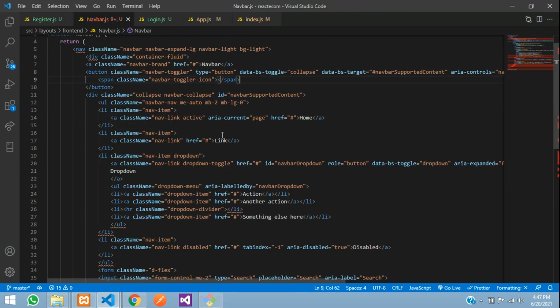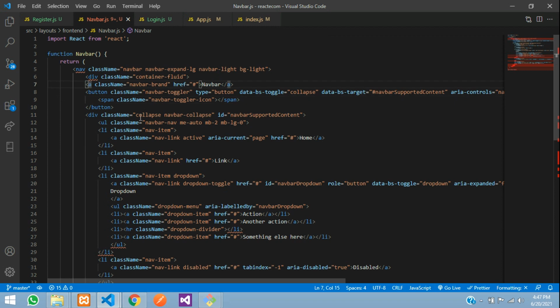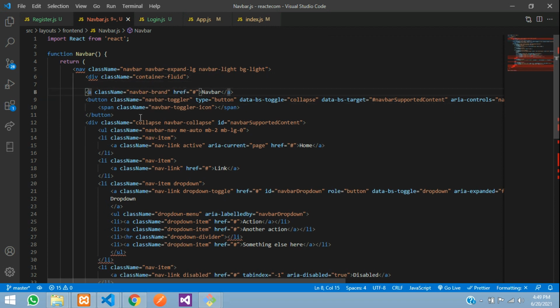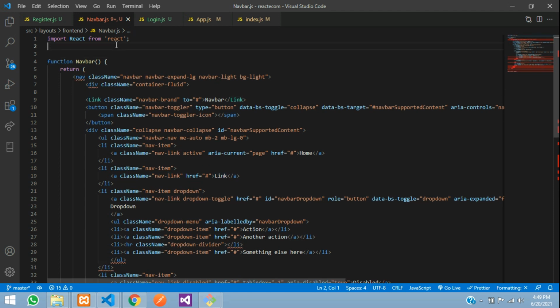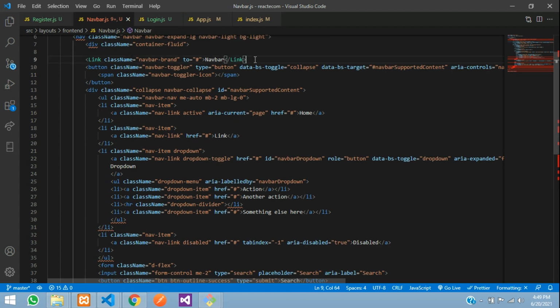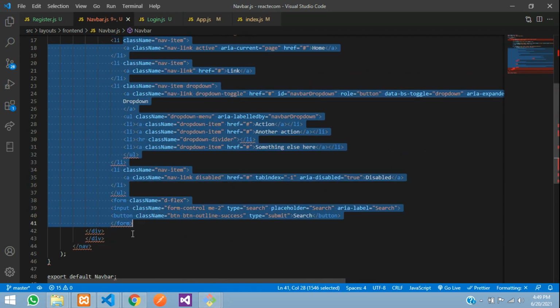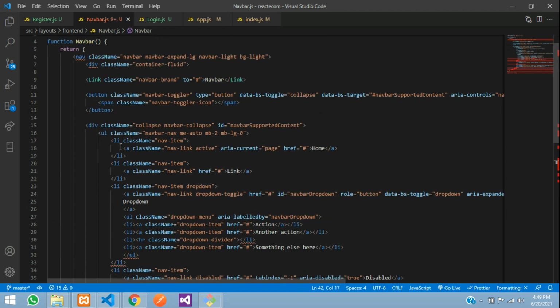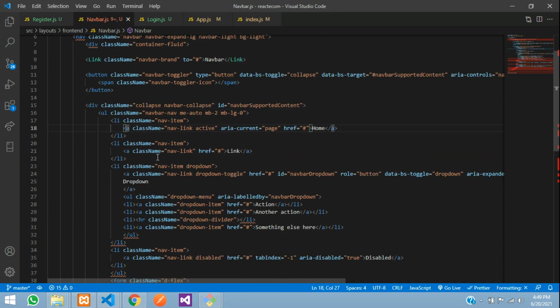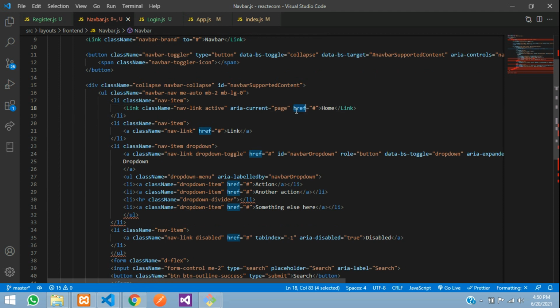So now guys, you need to replace all the A tags with the Link tag. So let's make it a Link, the href to you have to mention, and guys you need to copy this link and mention at the top. So let's import that React, where you have to paste this link from react-router-dom, all set. And now guys, let's just align with this. Okay, so this A tag you need to change it to Link tag, Link href to